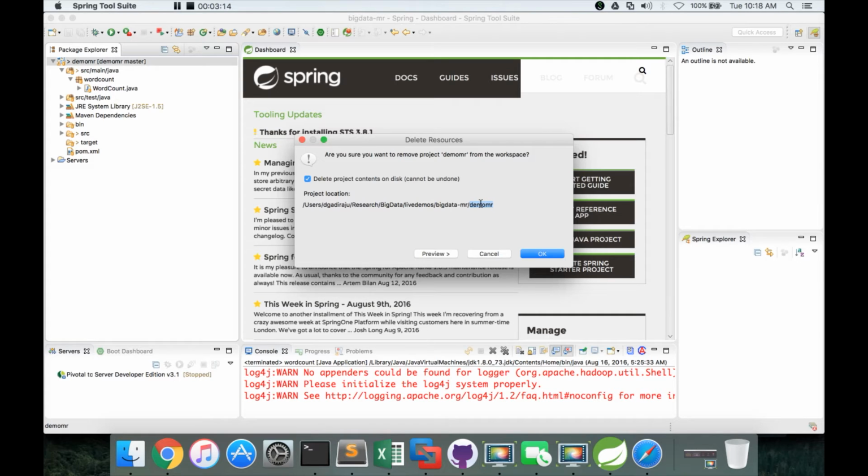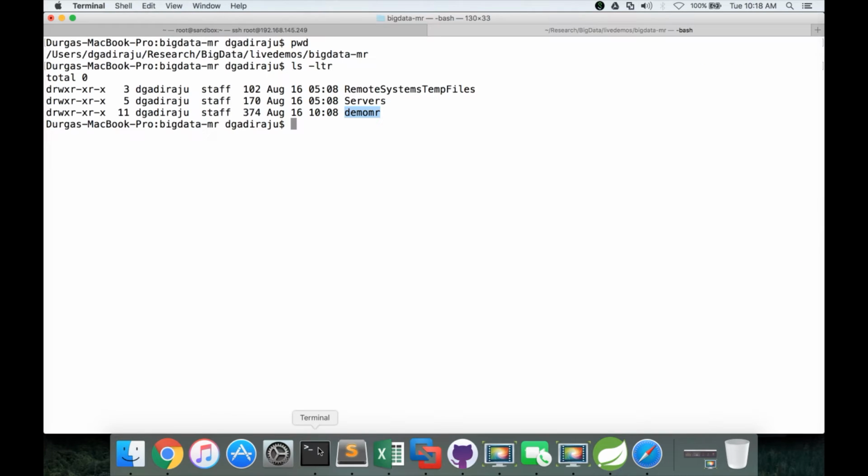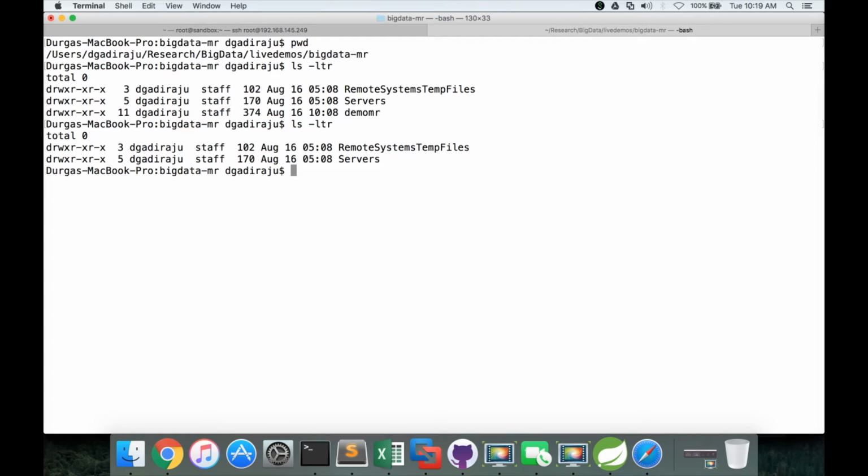Only the project from Eclipse will be deleted, but the actual programs or actual project on the disk will not be deleted. So make sure you check delete project contents on disk. Click on OK. Before downloading or cloning the project, first make sure that there is no demo mr here. Now there is no demo mr here.